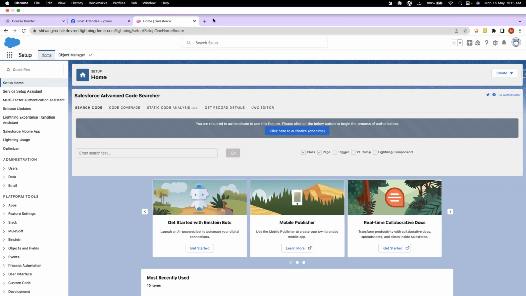Then comes the schedulable Apex. Whenever you have to schedule your work, like daily or weekly tasks, you want to schedule every week, then you will use it. And the last one is the batch Apex, which you will use whenever you have to perform some activities on bulk records or a huge data set. Then you will use